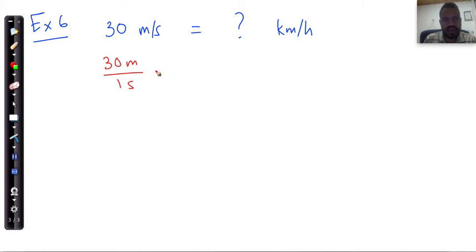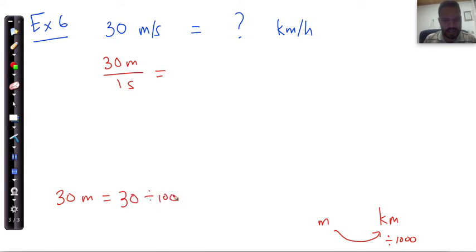And I'm going to have to convert the meters to kilometers. So again, I've got 30 meters, and that's equal to, if I look at my table, I've got kilometers over here and I've got meters next to it. Again, I'm going from the smaller unit to the larger unit now, so therefore I'm going to divide by 1,000, okay? And that's going to give me 30 divided by 1,000. In kilometers, that's going to be 30 meters divided by 1,000, which gives me basically 3 over 100,